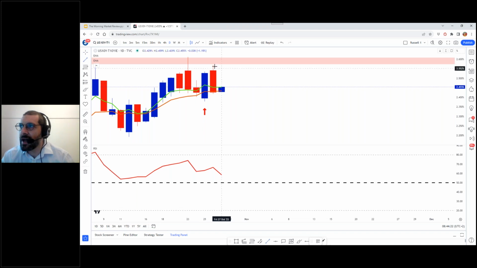So take the high of the 2 days, which will be yesterday's high. We take the low of the 2 days, which would be the low from 2 days ago, and you just bring in the range. And the open, so the open is over here. Okay, that's where we open for the 2 days. Right, there's the open. Where did we close the 2 days? We actually closed down here.